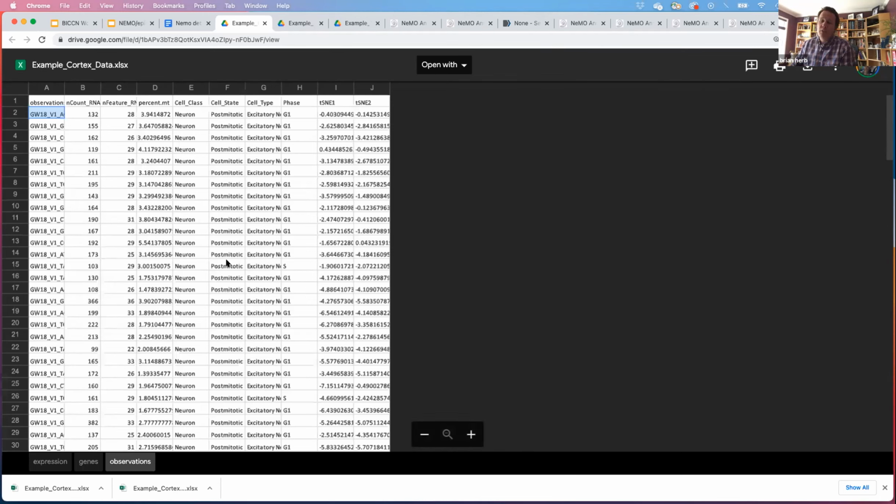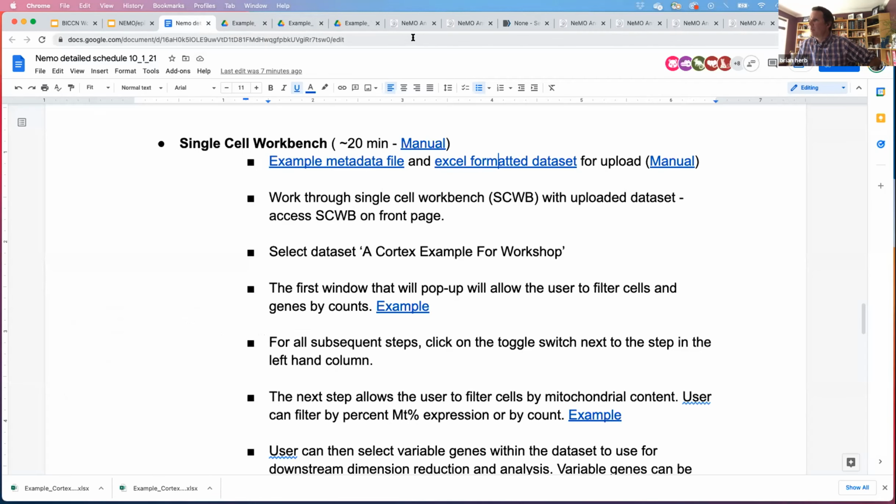If you also have this information, that means that analysis can be picked up in a single cell workbench, and then folks can analyze your data from the point of view of actually having the cell types clustered already. So that's a huge benefit to anybody looking at your data in the future. So that's the kind of breakdown of how the data has to be formatted. And I'll just show you how that gets uploaded.